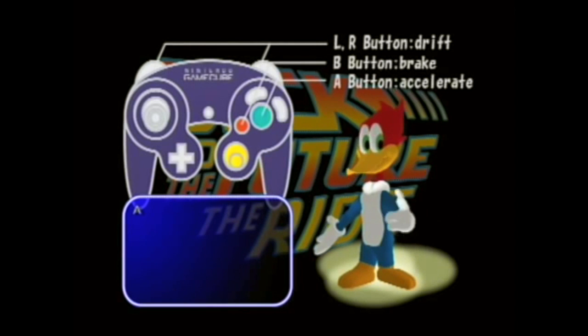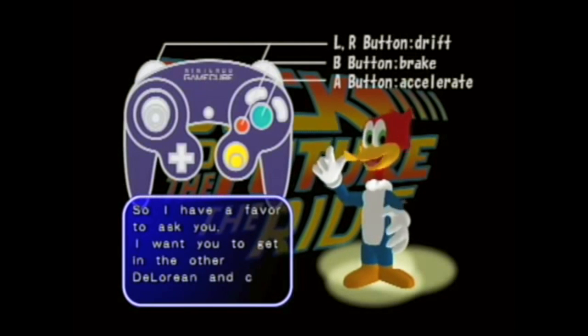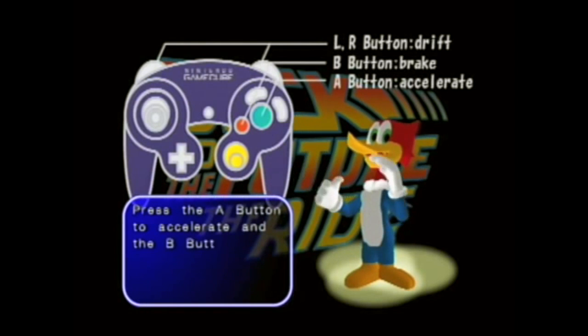We have a big problem. A bully named Biff stole our DeLorean and flew away. So I have a favor to ask you. I want you to get in the other DeLorean and catch Biff. Press the A button to accelerate, and the...